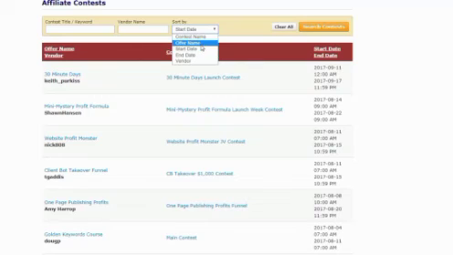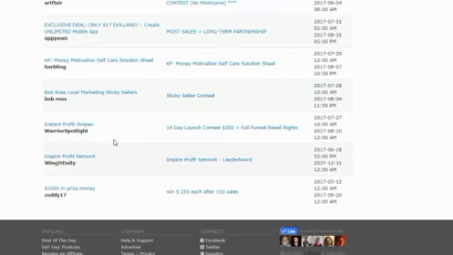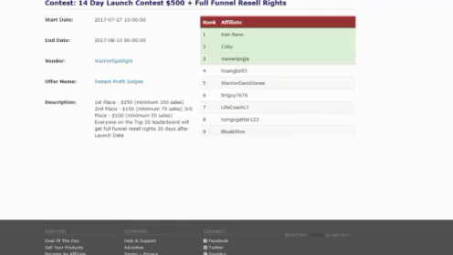And let's see. See if we can find one here. Okay, here's one that has started. Instant profit swipes. Okay, so here's the contest. And it ends on August 10th. So you can see the affiliates that are actually promoting and where we're showing the top 3 who are going to get prize money. But we want to show 9 because we want the other people to look at their